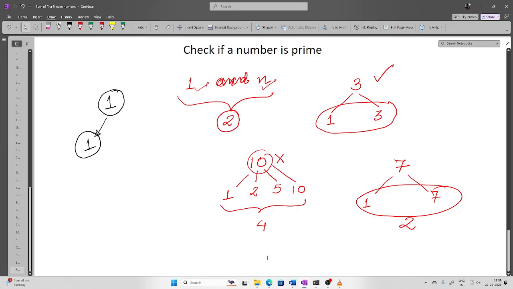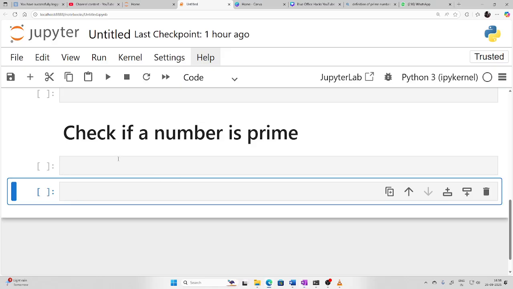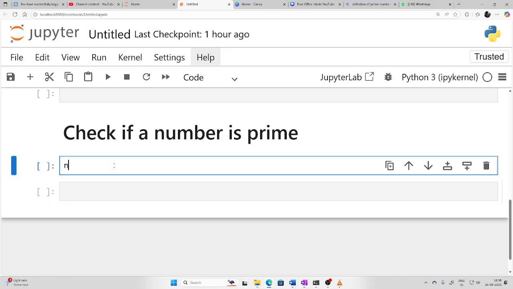So let us write the program for it. This is a very simple program. So let's take first n. So n = int(input()), enter a number. Okay,